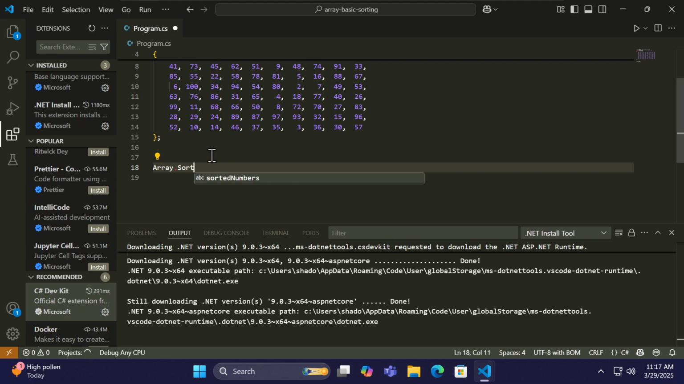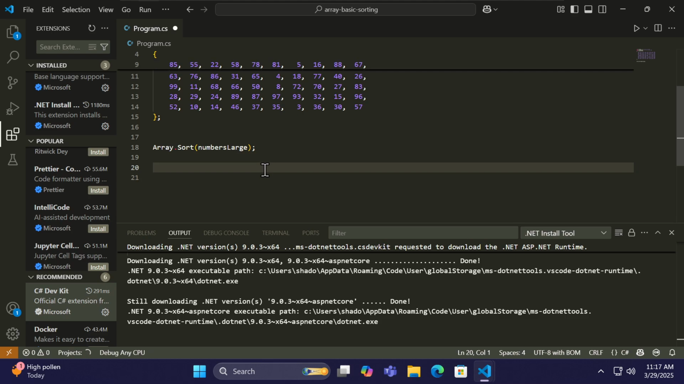Array sort. So you pass it in the array. So numbers large. I think that's all I need. Yeah, that's all I need. So, I don't think it returns anything. So let's see. So then if we do a